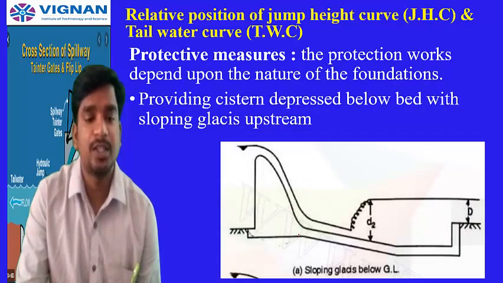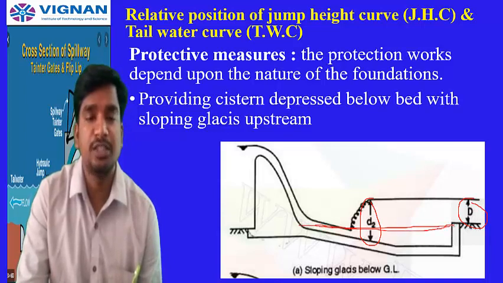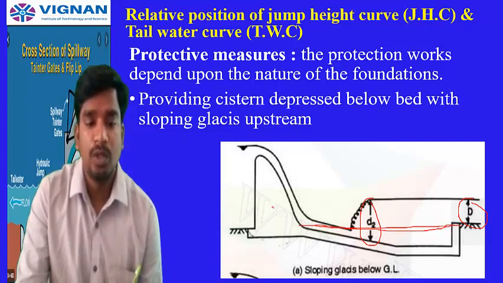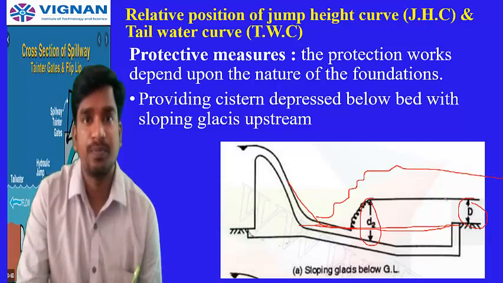Okay, so here you can see, this is our D, tailwater depth, and this is our depth T immediately after the jump. So what we are doing, if this height is maintained, what happens? Let us assume that this height is maintained. The water will be hitting here and the hydraulic jump will be formed at this place and the depth of water will be flowing like this.